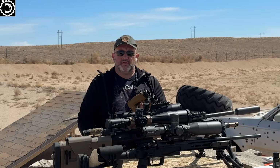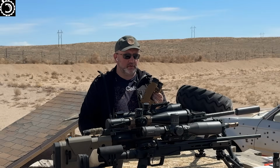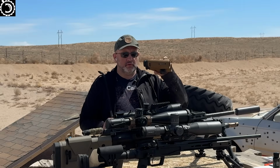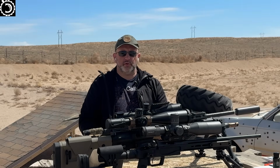There are plenty of reviews of these things. I'm not going to go over the technical specs too much. It's a 10x42 binocular. It is different from everything else. If you'll notice the shape of the body, the prisms that it uses are different. They're called Perger prisms,